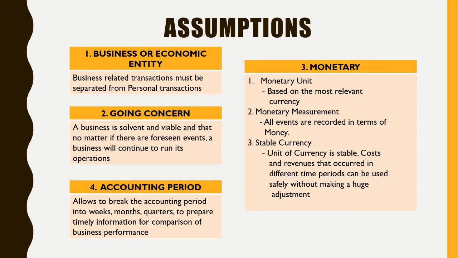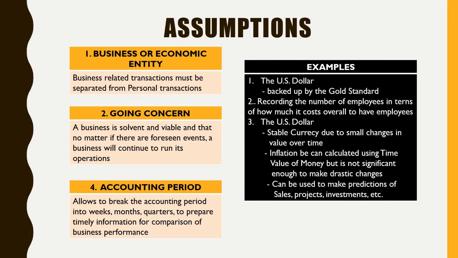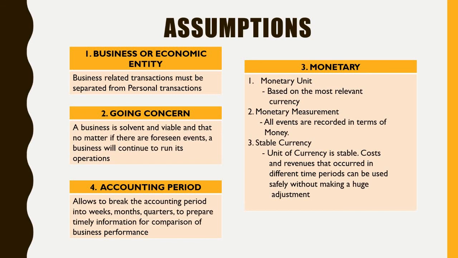So I gave you the example of employees, right? If you have 20 employees, you're not going to write 20 employees in your journal. You're going to record it as a total cost of how much it's going to cost you to pay those 20 employees. Okay, and then of course stable